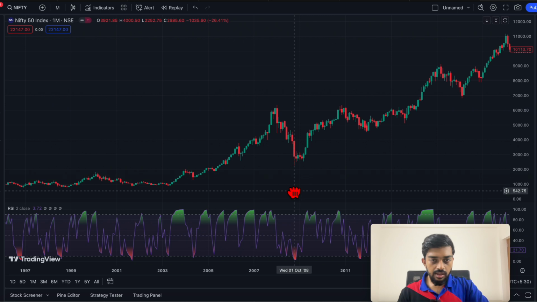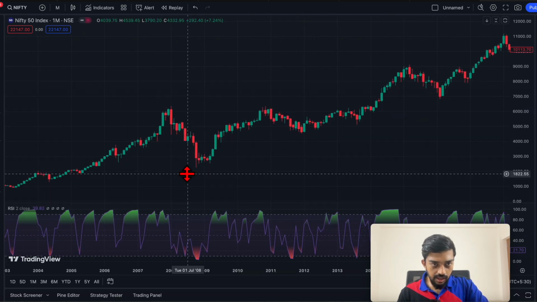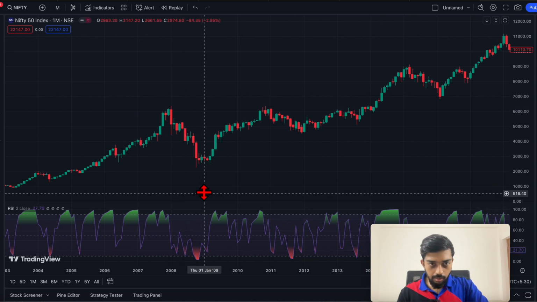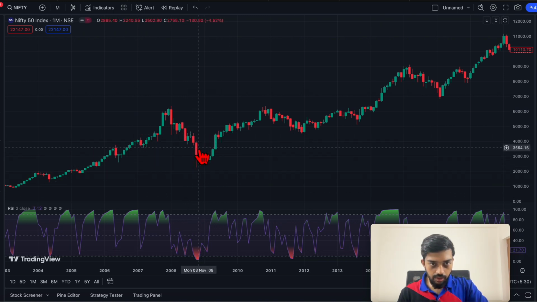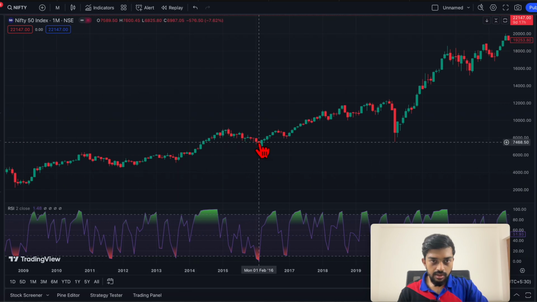We can verify this during the 2008 mortgage crisis. Here we can see almost in all these candles RSI has closed at a value of 14 and here it has closed at the value of 12, but during this region, that is during the exact bottom of this trading zone, the RSI value has closed around 3.5 and we can confirm this during all downtrends and also during